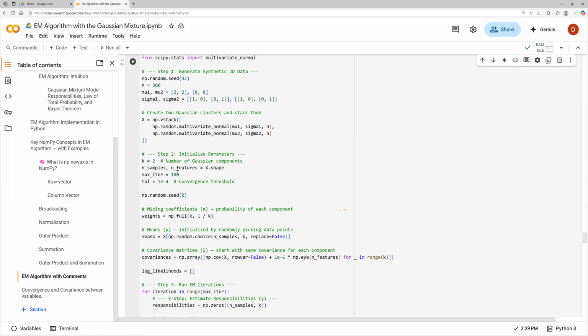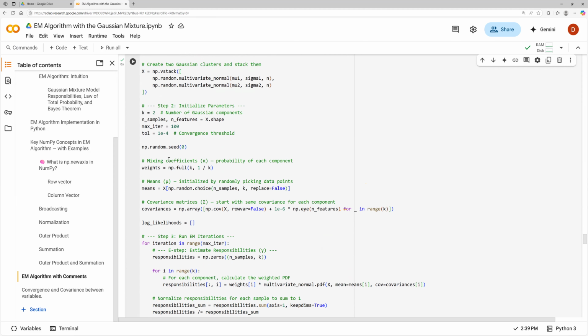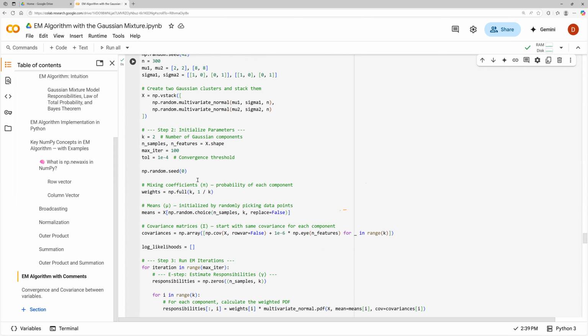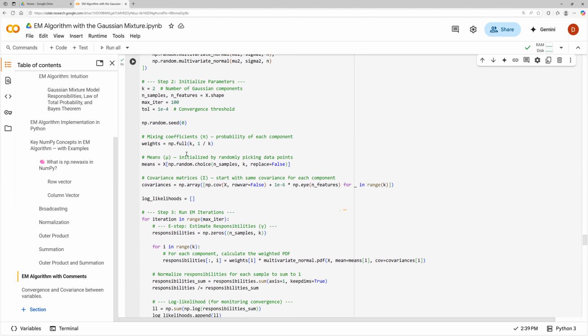and then maximize the log likelihood. The tolerance is basically a convergence threshold. We've got the mixing coefficients, basically 1/2 here, because we've got 2 components. So 1/2, 1/2. For the means, we basically choose something randomly,